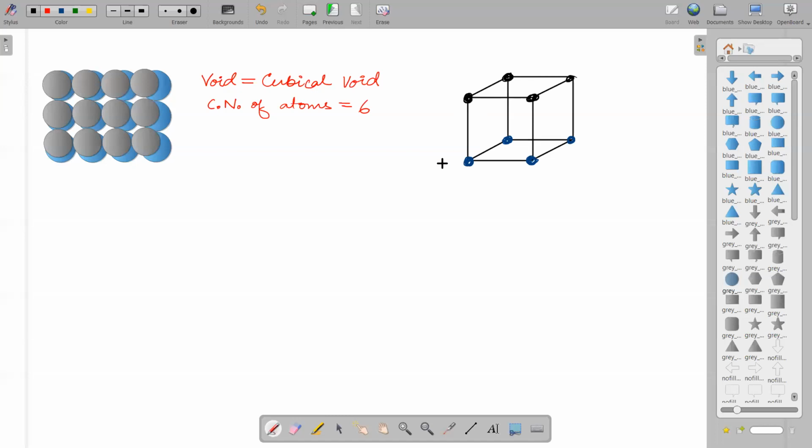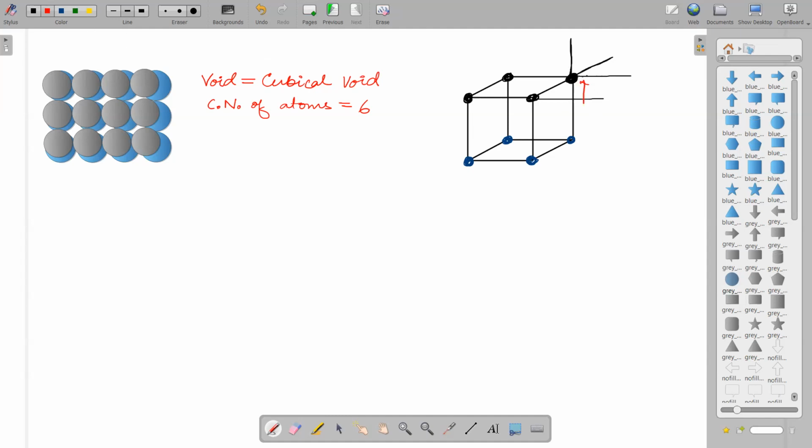Now, this is one unit cell. So there will be other unit cells also present, right? Abir is writing something. So I'm just drawing a unit cell here like this. So you will have a unit cell like this, then you will have a unit cell on the back of it. Correct? Now I'm looking at this particular black atom, and there will be a unit cell like this on the top also. Correct? Now, if you can see this, then you can count the number of atoms it is touching.